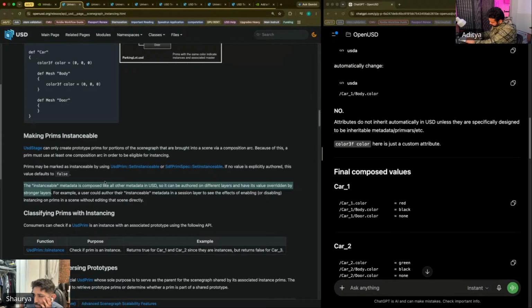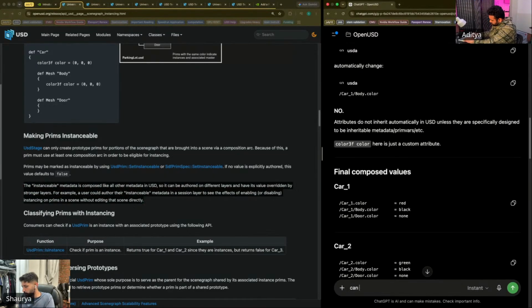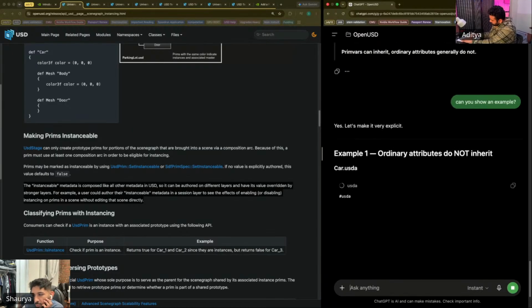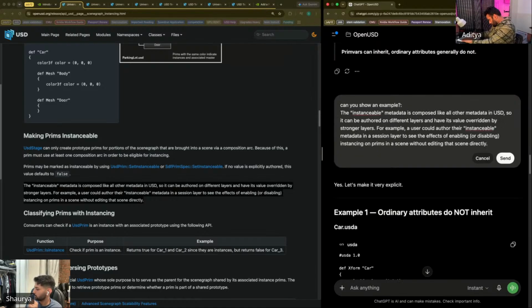Instanceable metadata is composed like all other metadata in USD. So it can be authored and